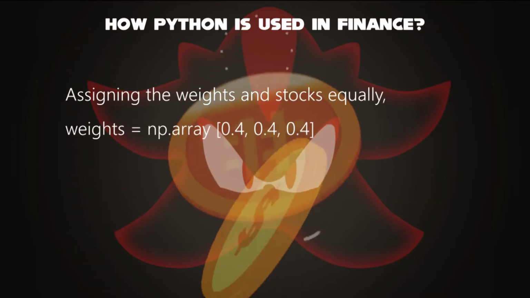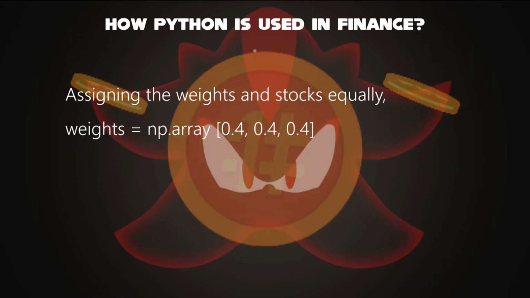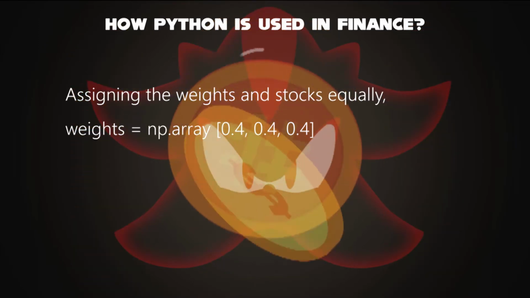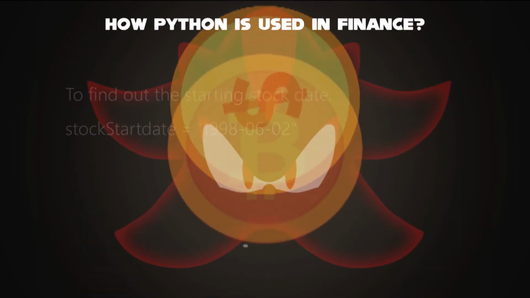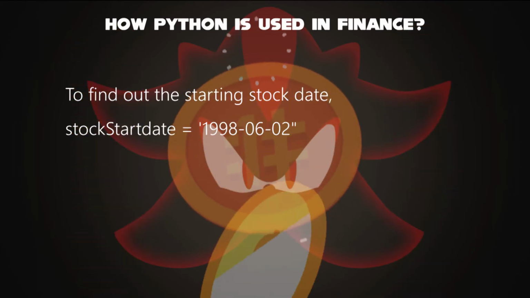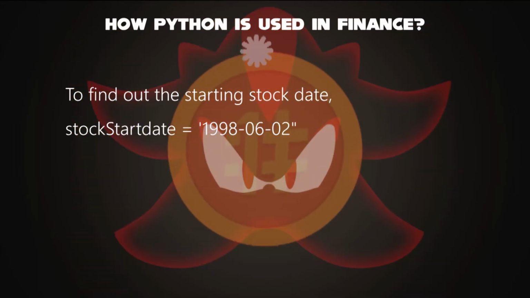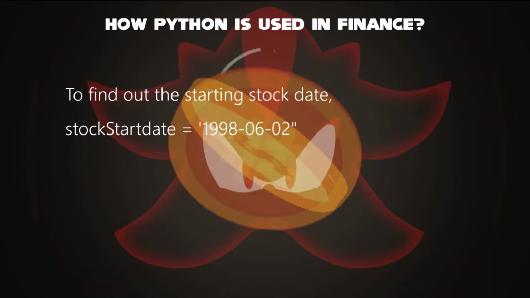The second step is to assign the weights in stocks equally, given the three assets are Google, Facebook, and Amazon. Let's just say 0.4. Okay? The third step is to find out where the date of stock has started, that is stock start date, let's say 1998, June 2nd. June is the 6th month. This must return to